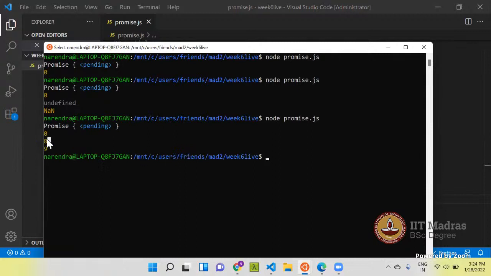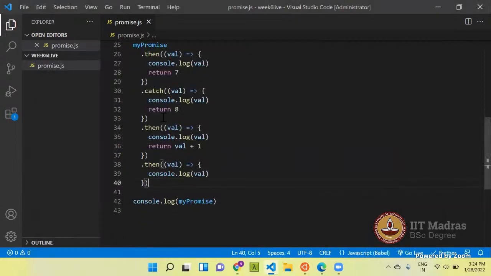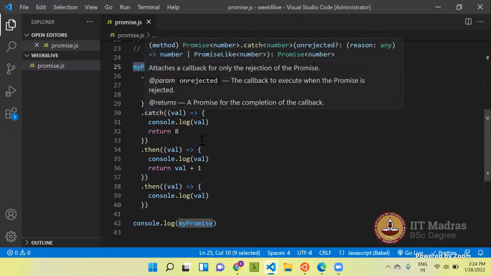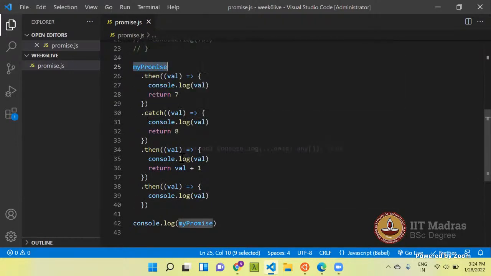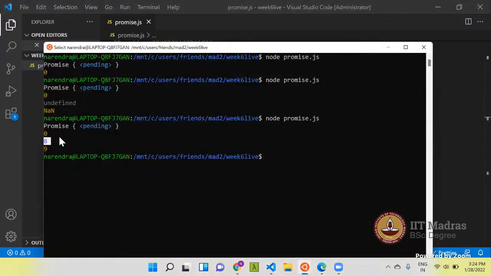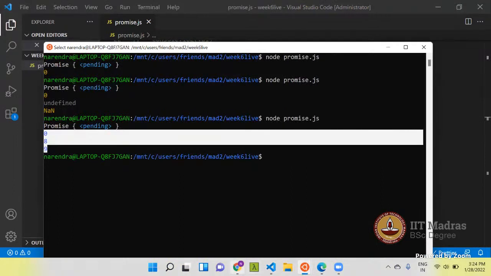Now it's working. But one thing you can see is that even though this promise gets rejected, if you see in this chain, there are 4 console.log statements. So if I'm running this file, then it should print 4 values on the console, but it is printing only 3. Why?